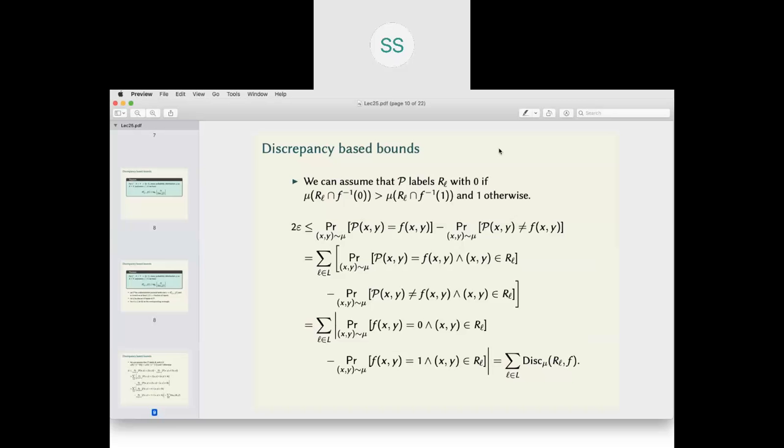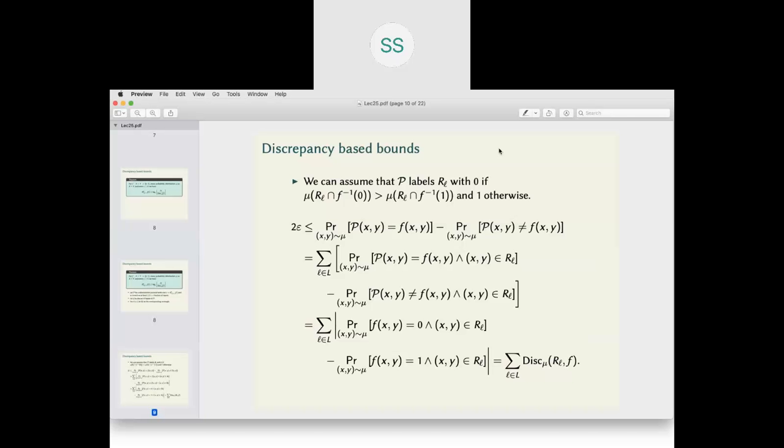Now you look at the measure of all the zeros inside the rectangle and the measure of all ones. Now it makes no sense if the rectangle contains 60% zeros and the protocol outputs 1, right? Because you can get a better protocol: if it is 60% zeros, then it makes more sense for the protocol